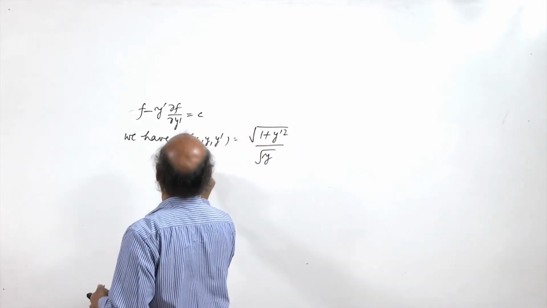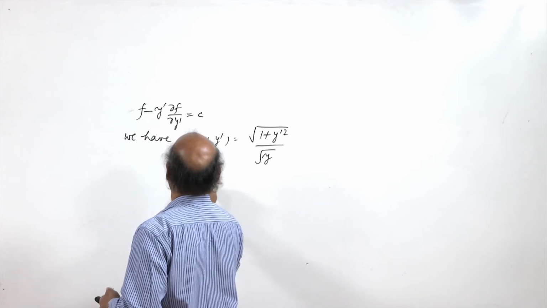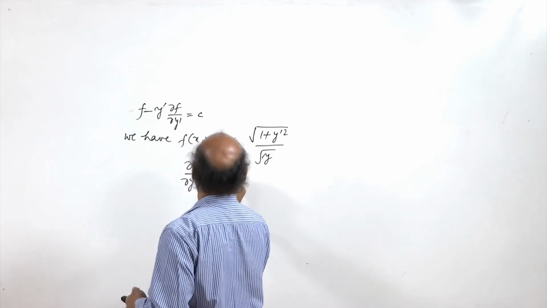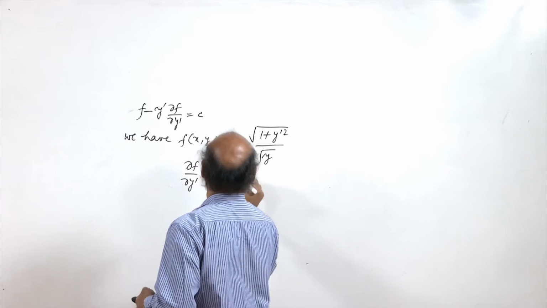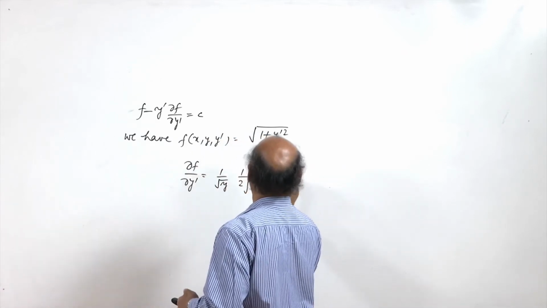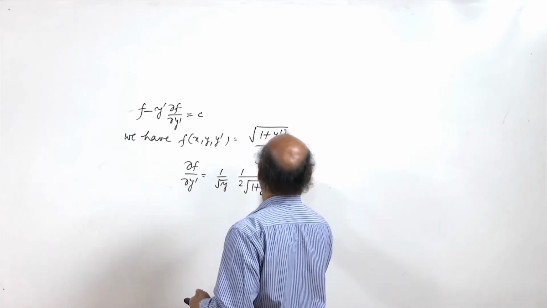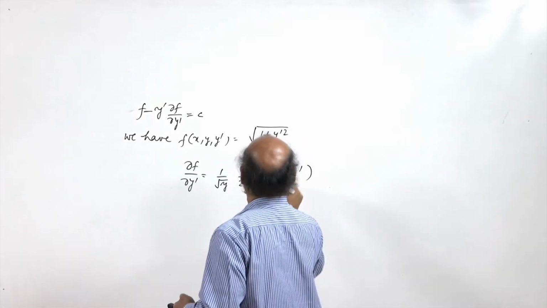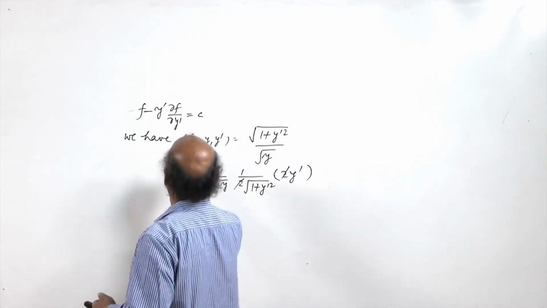So we find the partial derivative with respect to y' from here. We shall have 1 over root y, 1 over 2 square root of (1 + y'^2), into 2y'. So this 2 will cancel with this 2 here, and then